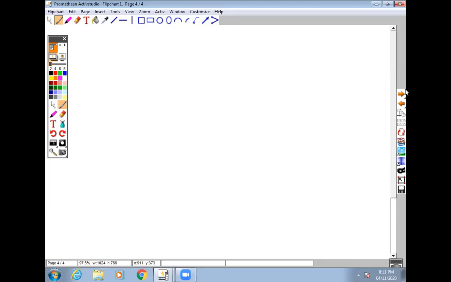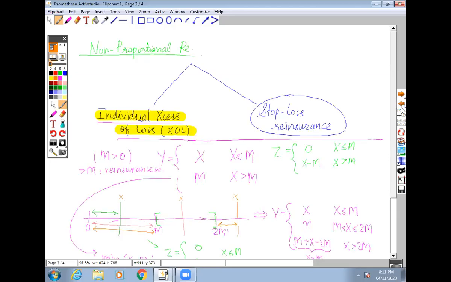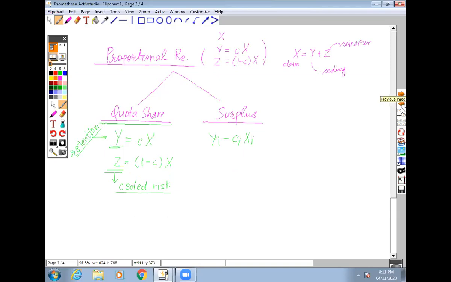Okay, so let's go to proportional reinsurance. The distribution I have for Y and Z is pretty much clear here. If I were to graph these policies, would anyone want to guess what I will have on the x-axis? That will be the claim amount, X. And this will be the number of claims that I've incurred for that one particular thing. So let's say I have some graphs here.